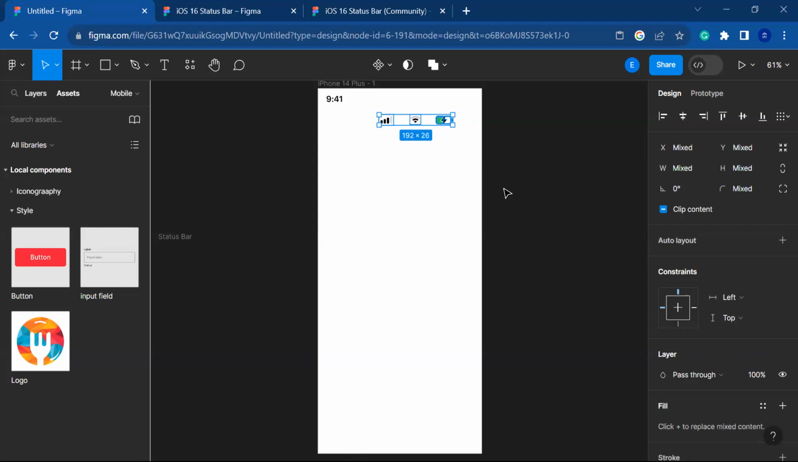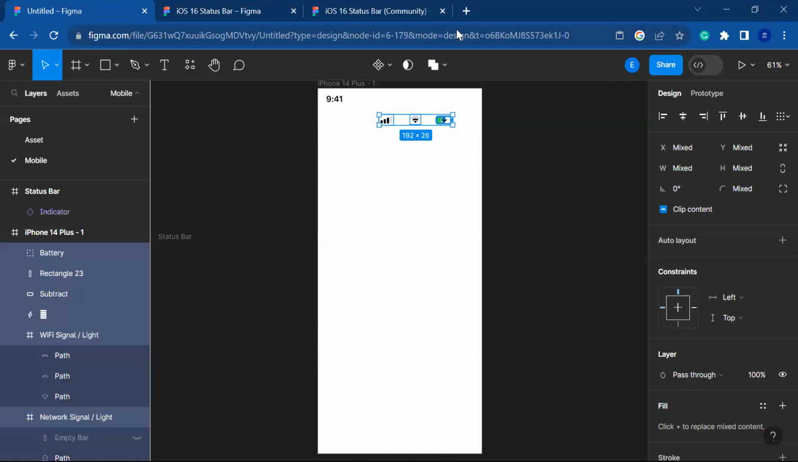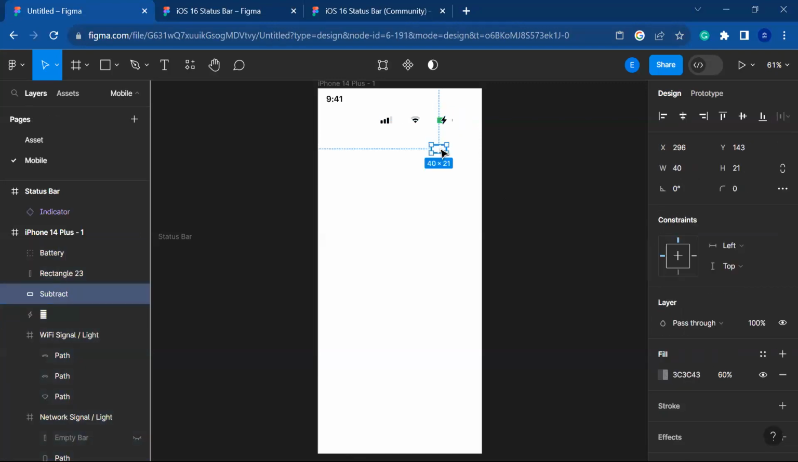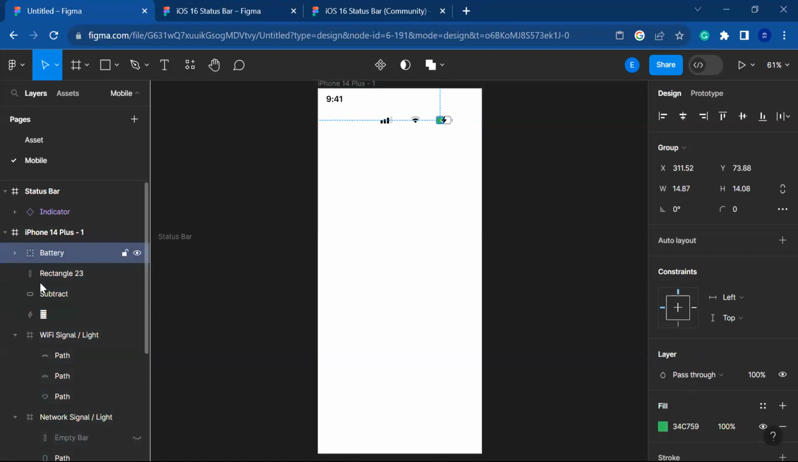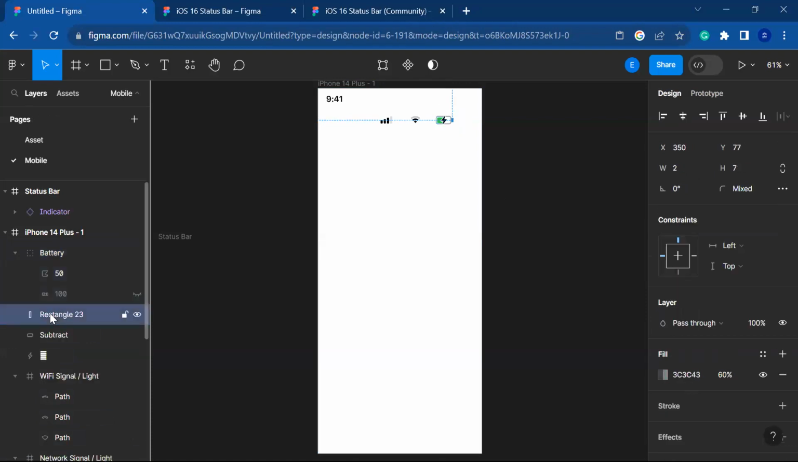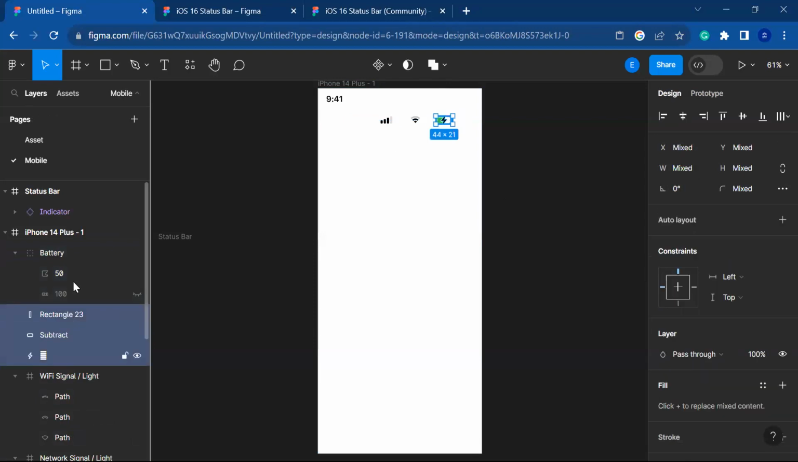So let's go back here. What can you notice? These things are not grouped. So I would have to group my battery. Let me group the battery itself. I'll group everything together, drag them and put them inside a group. So now that my battery is grouped, I can now